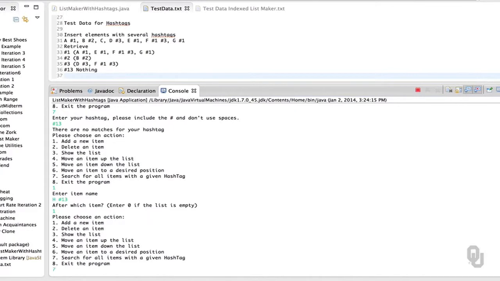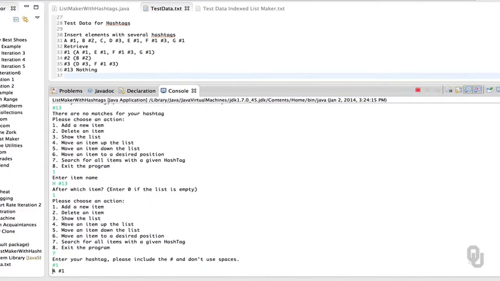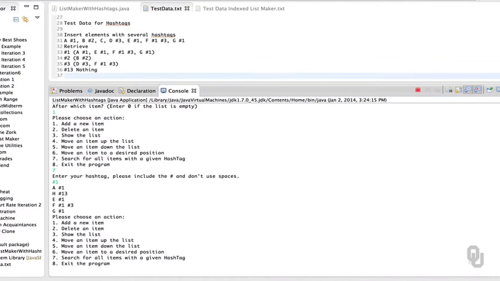Okay, now we can do a search for number 1. Uh-oh, we've got a problem. Notice that our H number 13 was found as a match when we were searching for number 1. That's an issue. If you think about it, our number 13 starts with the number 1, and so our contains